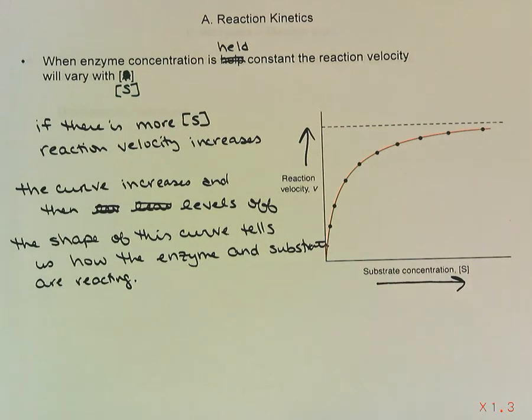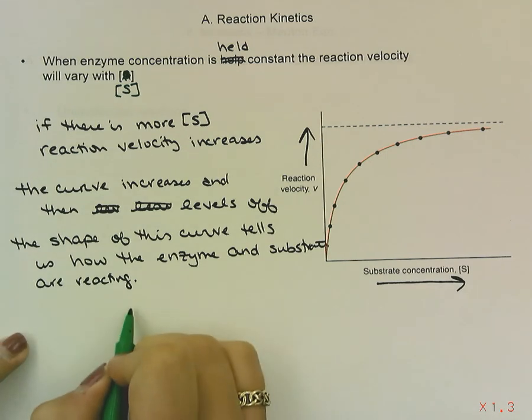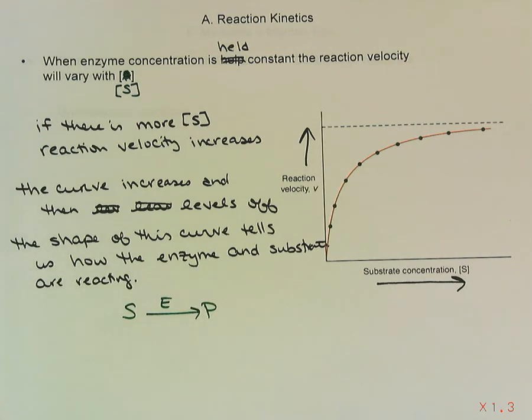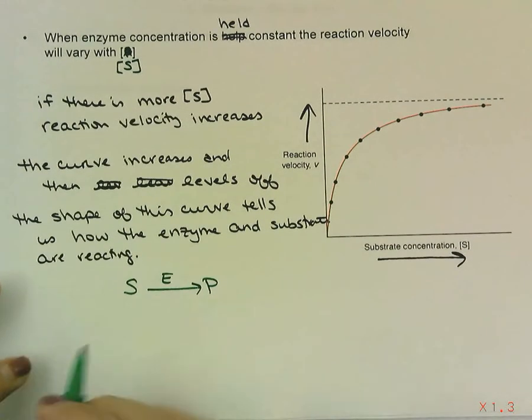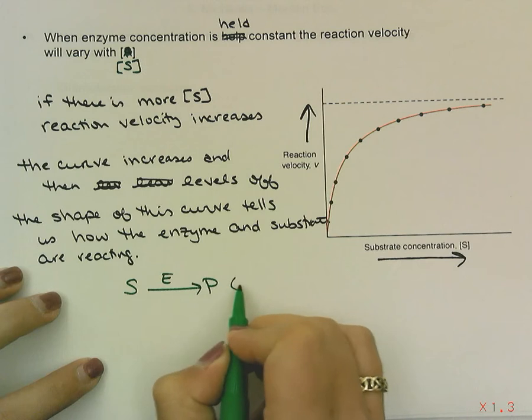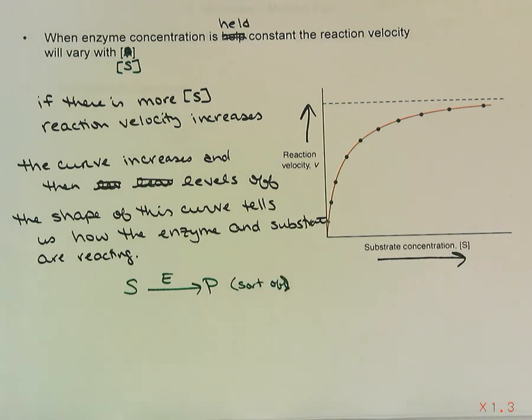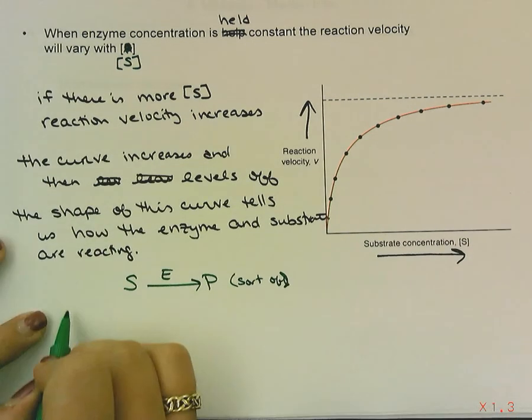So this was for the previous page. We had S in the presence of enzyme makes P. But based on what we did on Wednesday, we know that that's not exactly the way to best describe this. I'm going to call that sort of true. It's not wrong, but there's much more to it. A better description